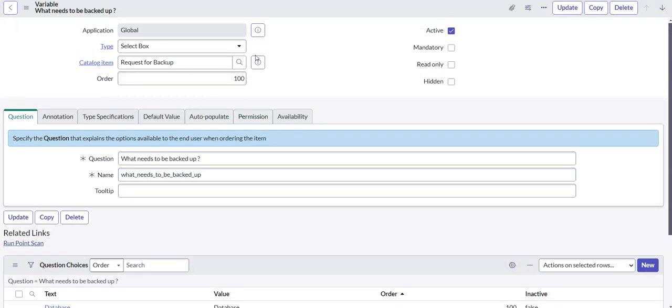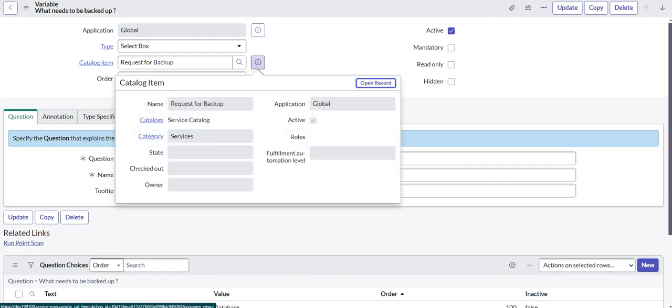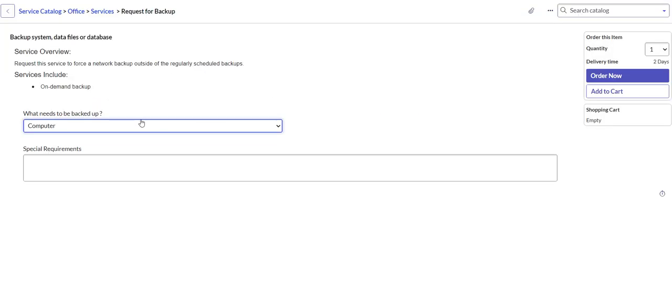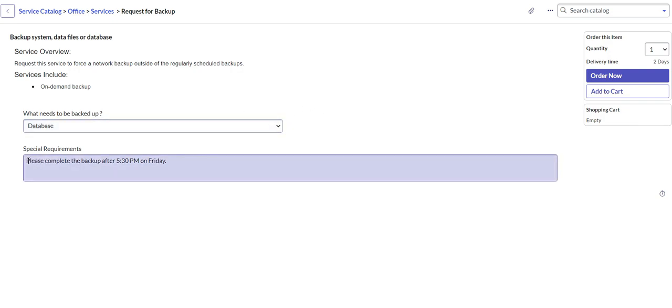And let's go back. We'll leave this open in case we need to come back to our code. Okay, so let's see. And look at that. As soon as we hit database, it added in our special requirements. So we didn't have to type it in, or maybe the user that was filling this out didn't know to